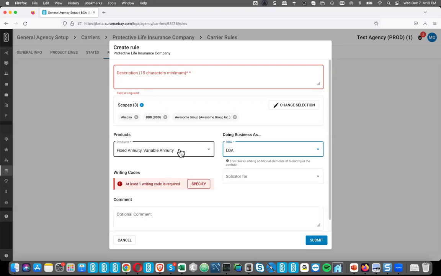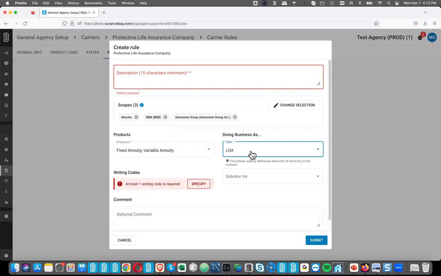But also, if you had scenarios where, let's say John Smith is one of your producers and he typically gets contracted as an individual with most carriers for most lines of business, but let's say for Protective or any other carrier, specifically for annuities, all those requests need to be LOAs.